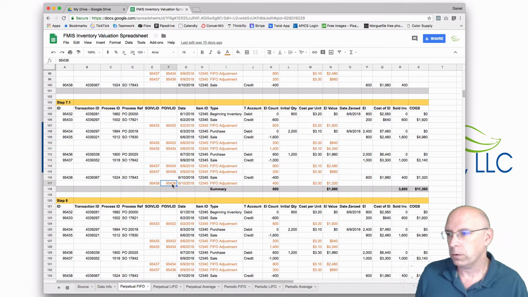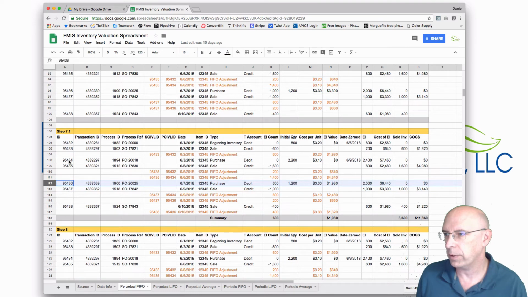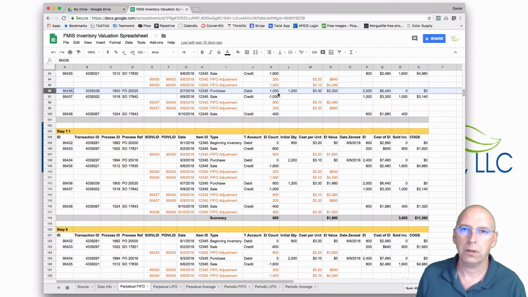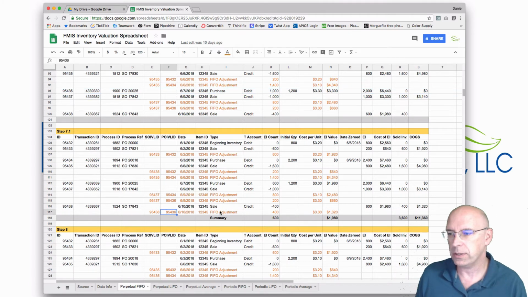And we're going to pull from this line here. Let's look at it up here, 36. So we've sold 400. We have 1000 in that line, and we sold 400. So there's plenty, and we only need to pull from that one line. So this one is easy. We just have the one line. It's going to be the same